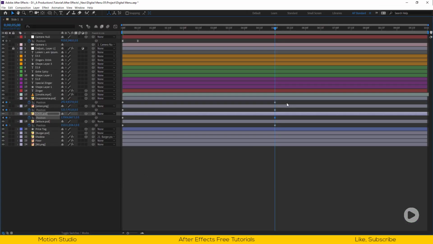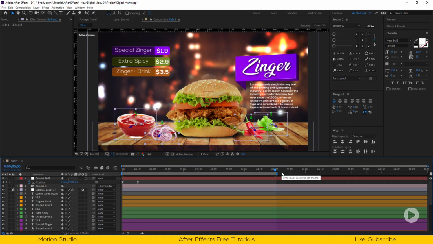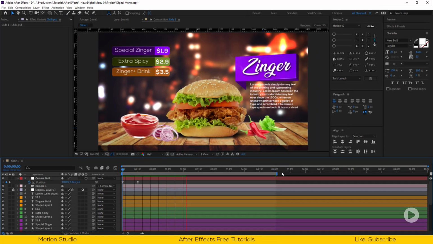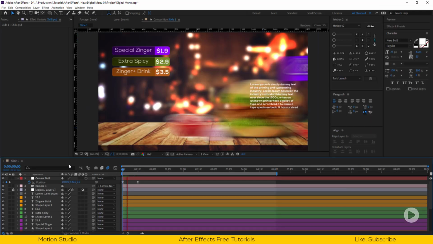Select all keyframes and easy ease them. Cool. Everything looks good until now. Turn on the motion blur for all the moving objects.